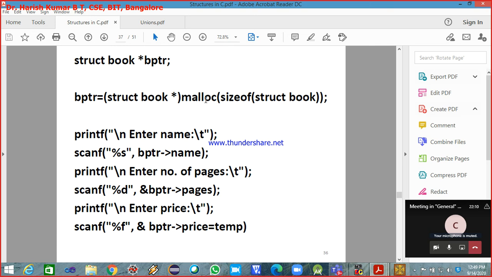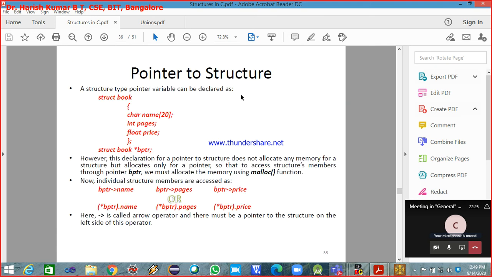There is a function with the name malloc which will allocate the memory dynamically at the time of execution. Now how much memory am I allocating? Size of struct book. If you go back and see the book, it has one character array of size 20, one integer member and one floating point member.